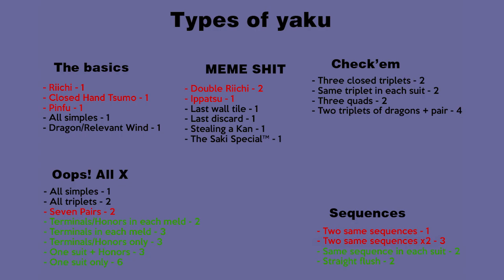If it's red, then your hand has to be closed in order to score that Yaku. If your hand is open, you have opted out of all these Yaku, and you cannot do them anymore. And finally, the green Yaku are ones that you can do with your hand open, but they lose value. At the end of each Yaku, there's a number, and that's the number of Han that each